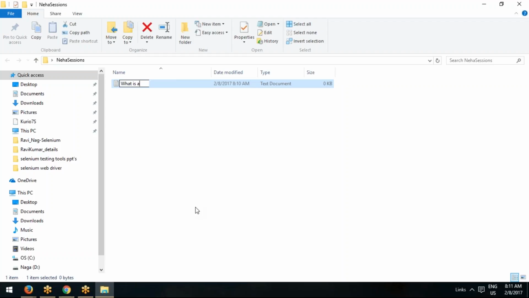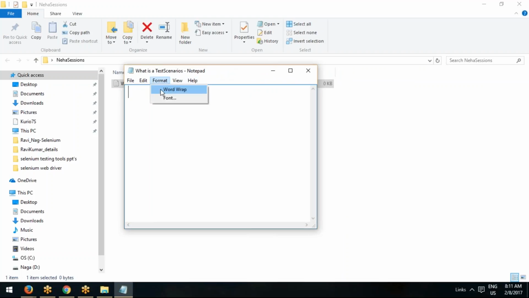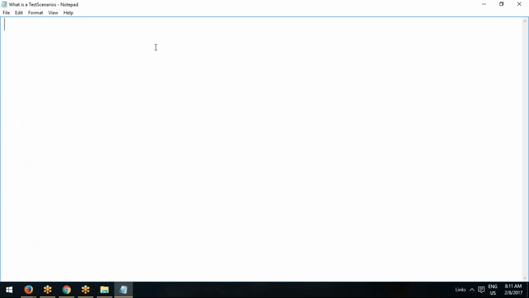What is a test scenario? Any idea? Test scenario is a wider concept; under a test scenario there are test cases. We need to give the proper definition. A test scenario